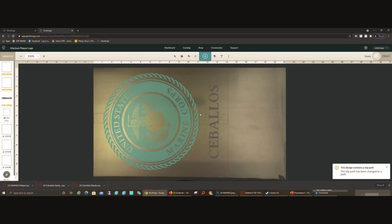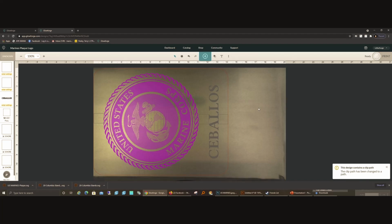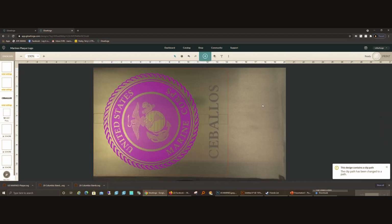Half inch looks like what I did last time, and it looks good. What's a full inch look like? I don't know. I like that as well. But the customer saw my last plaque, and that's what he liked, so I'm going to keep with the design from the last one. So, next up,